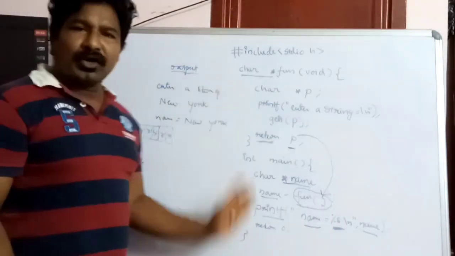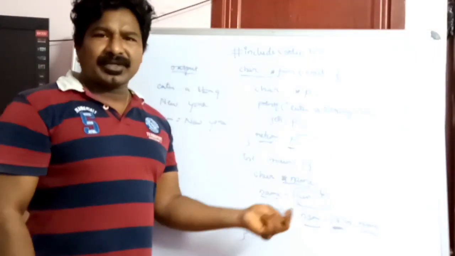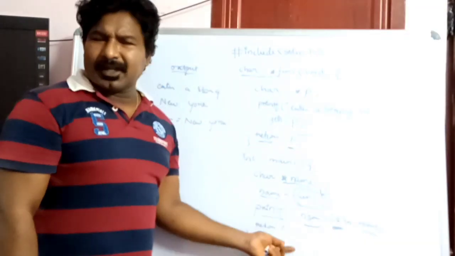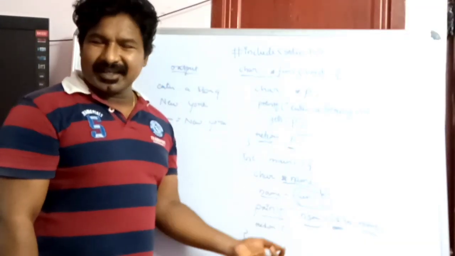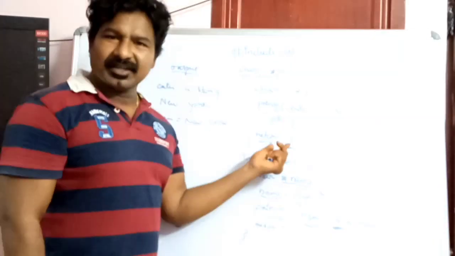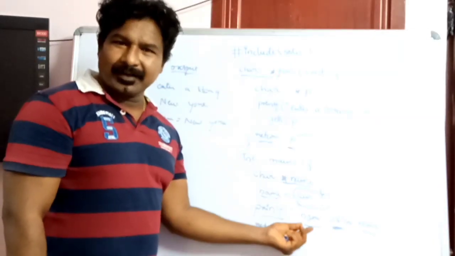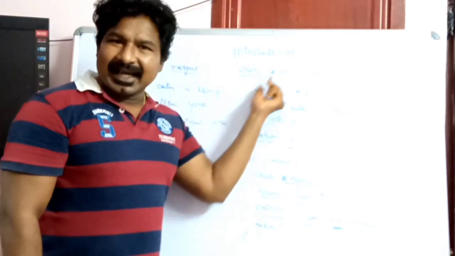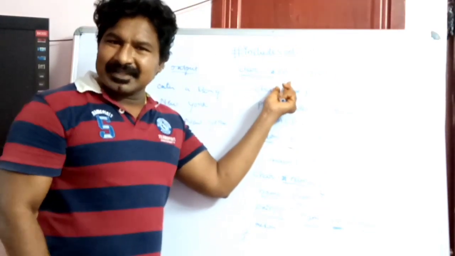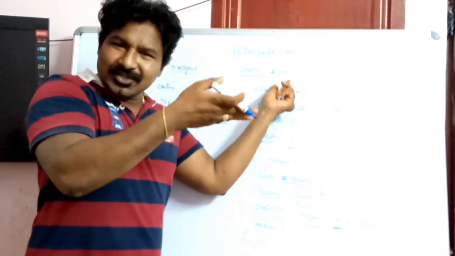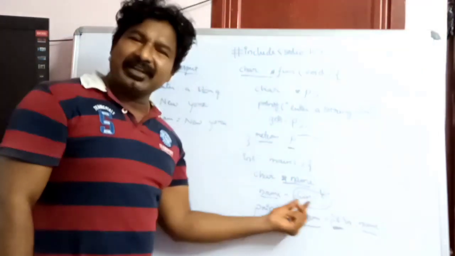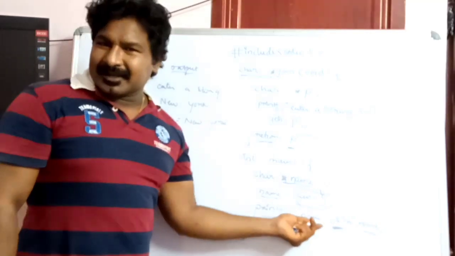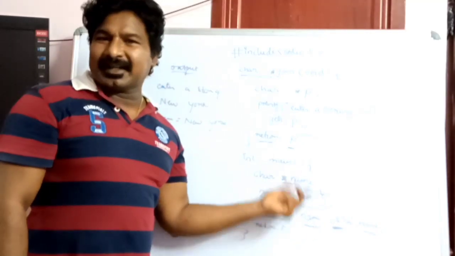Okay friends, so with this small example program, you can say that a function can return a string to the calling function. So what is the calling function here? The calling function is the main function, because this is calling the function fun. So when you're calling the function, you're going here and you're reading a string and returning a character pointer, that is the pointer which is pointing to the string, and that is received in another character pointer, that is name, and you can just print the string by using that pointer, that is name.